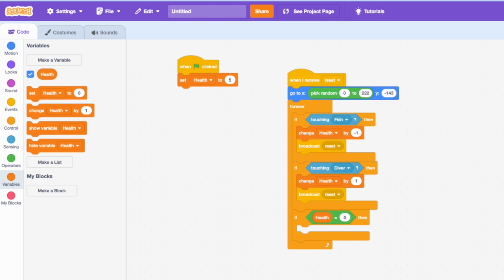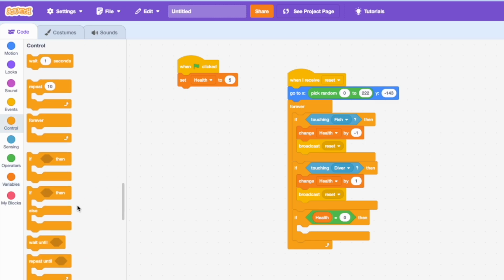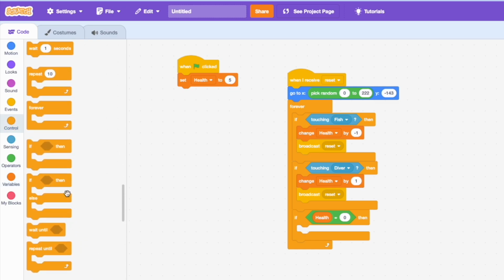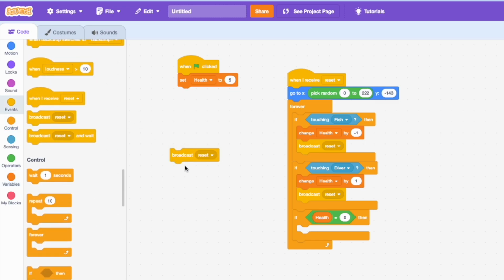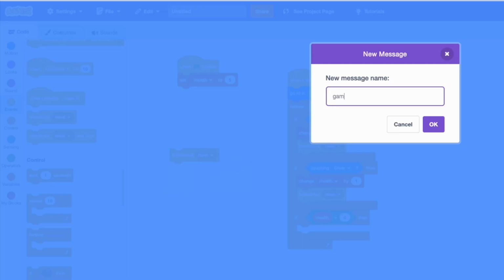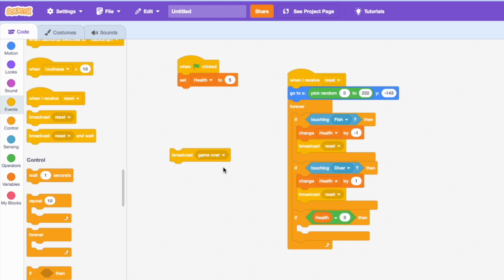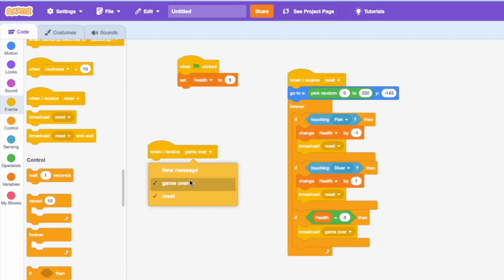We want all 3 sprites to do something in this case, so let's make another broadcast. We're going to broadcast a new message, and this will be game over. So we can say broadcast game over. And we will receive that broadcast. So for the plastic bottle,